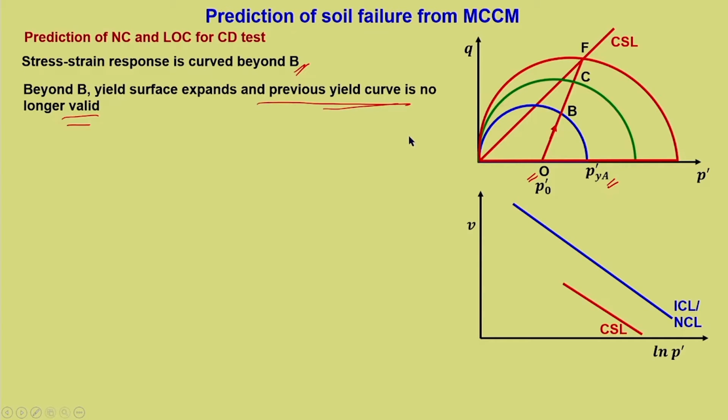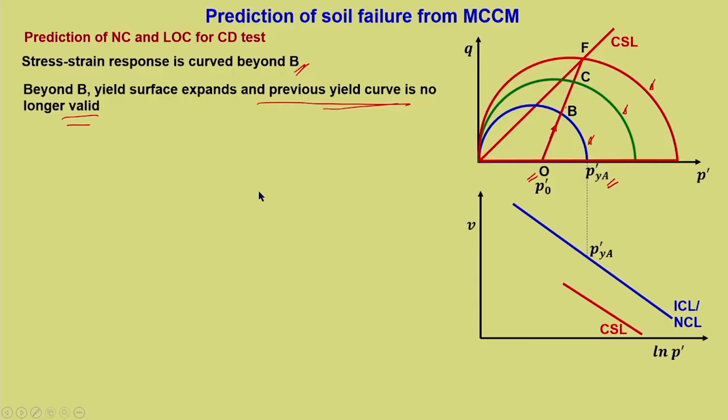So, what it means is that once it crosses point B, this yield curve is now no longer valid. It goes with green and then comes to red where it stops. Now, there is no further expansion of yield curve, and this we have already talked about with respect to plastic potential and plastic strain vector. P dash Y A, we are just mapping it into V ln P dash, and from here the unloading happens, and then the starting point is P naught dash,